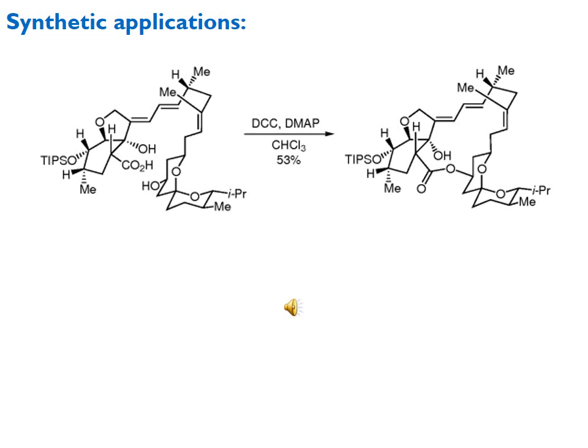Here is the last example of synthetic applications, in which you can see there are 2 hydroxy groups in this rectangle molecule and 1 acid functionality. One hydroxy group is present at the vicinal position of the carboxyl group, and the other hydroxy group is present at the end of this long chain molecule. So the second hydroxy group, which is present at the glucose cyclic ring, the 6-membered cyclic ring, is stereochemically approachable for